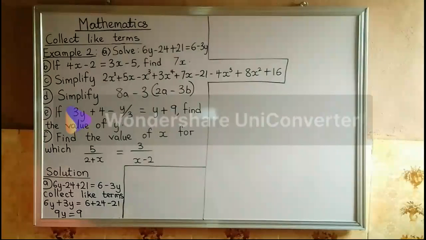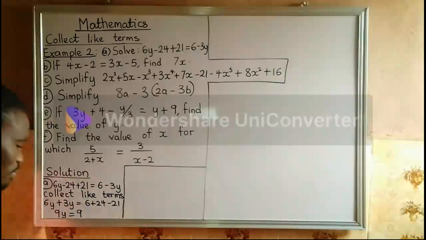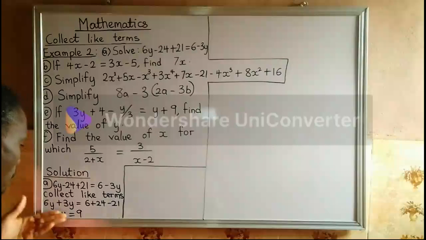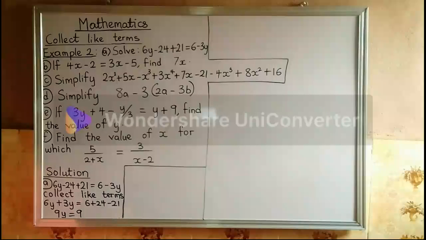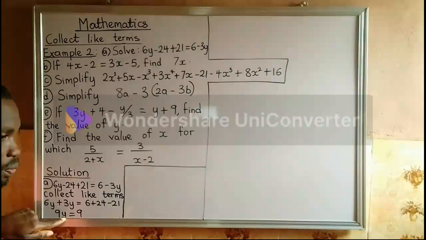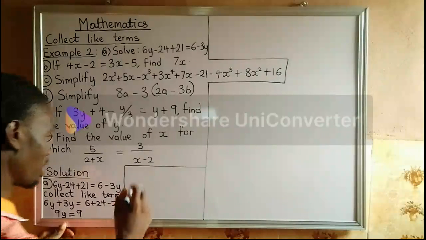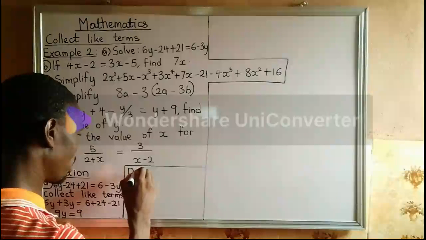Okay, having evaluated the like terms that we have here, you agree with me that the next principle to apply here is to just divide both sides by 9, because 9 is the coefficient of the variable you are looking for. And 9y, which is the term that has that variable in it, is on one side, while every other thing is on the other side. So the next thing now here is to divide